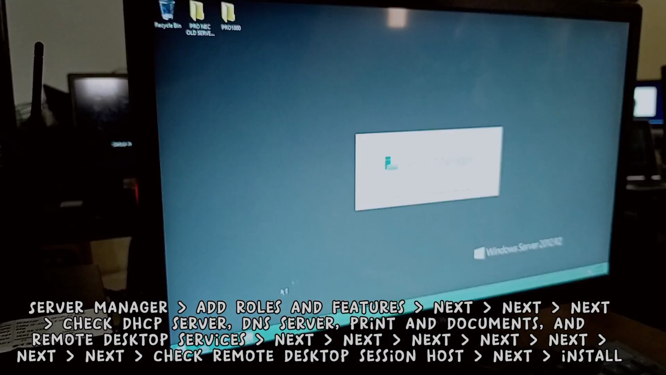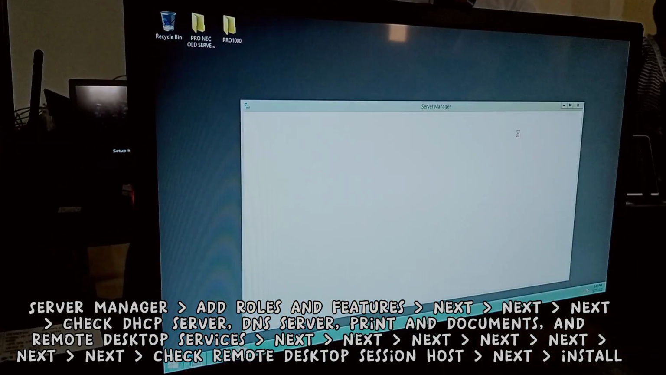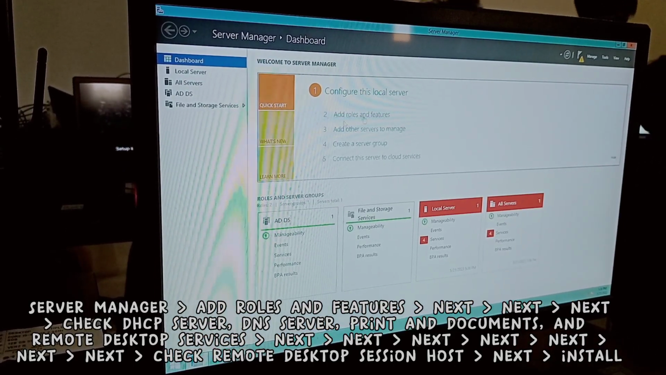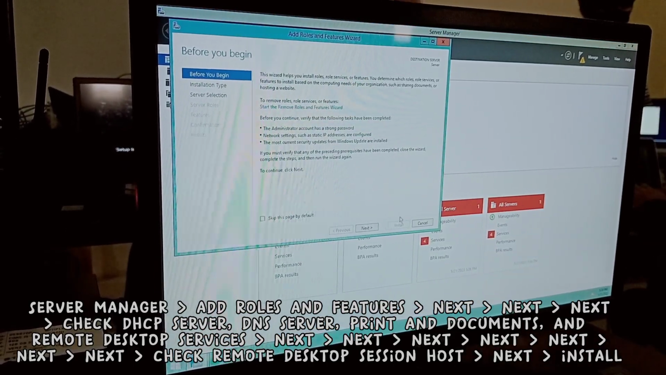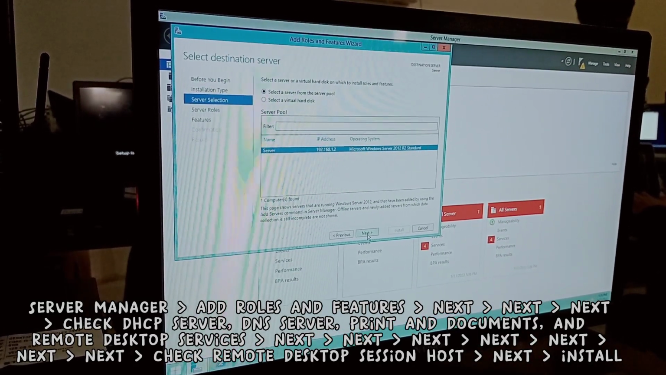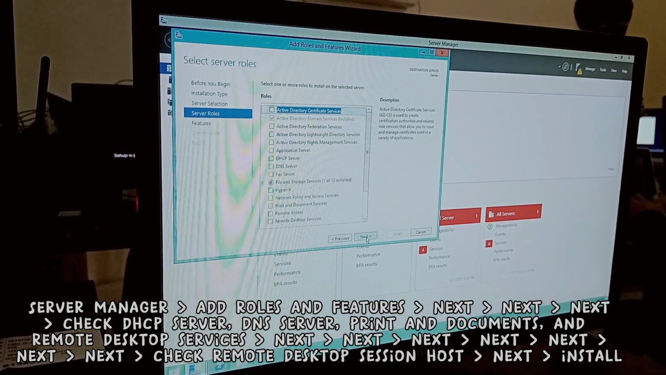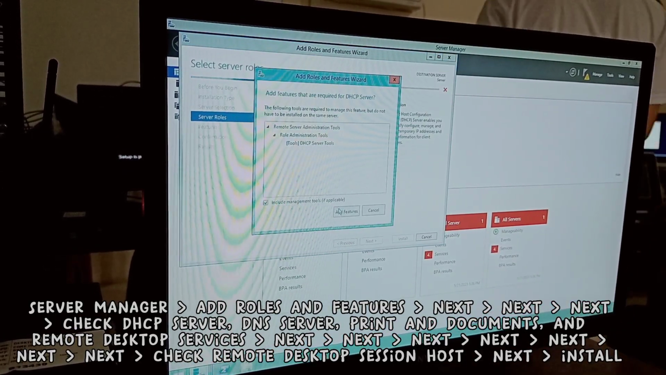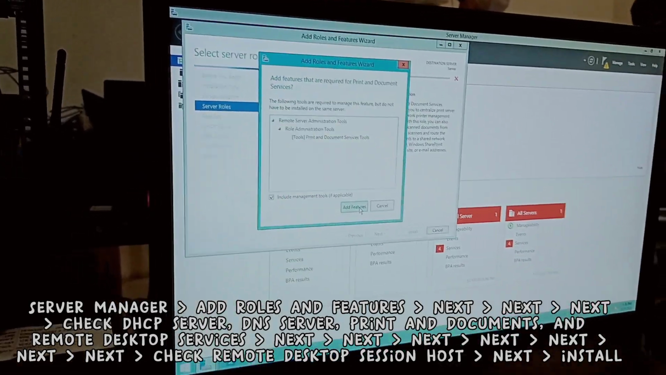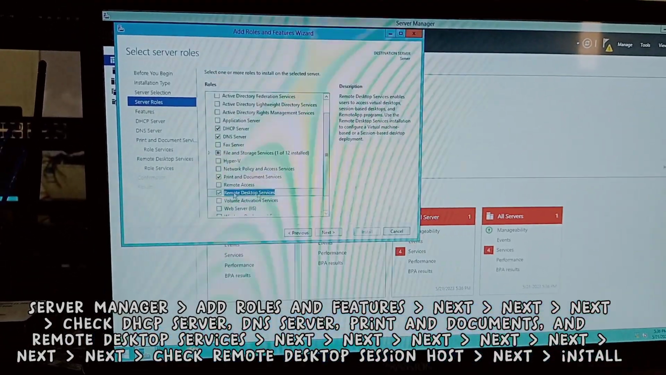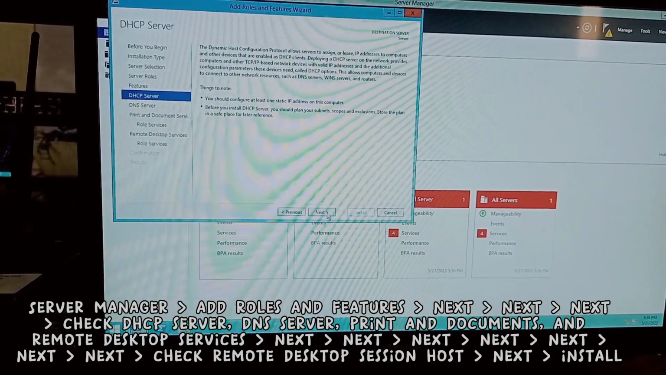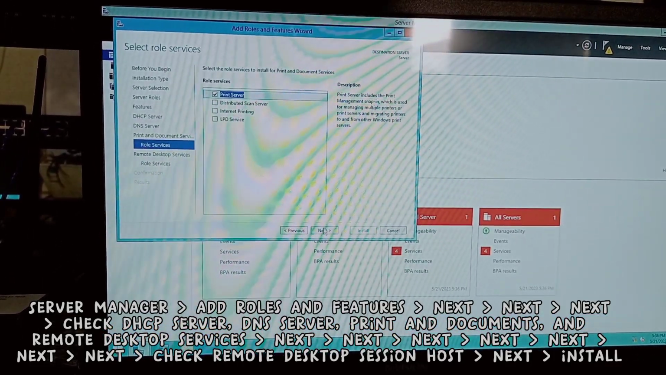Then go to Server Manager again, click Add Roles and Features, then Next again, then check DHCP server, DNS server, print and document services, and remote desktop services. Then next again, next also, then next again,